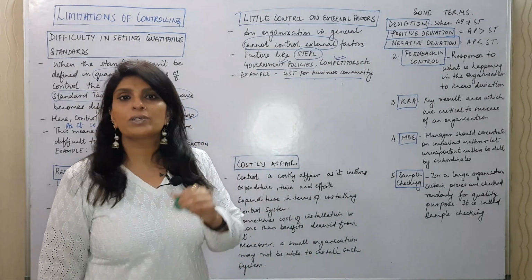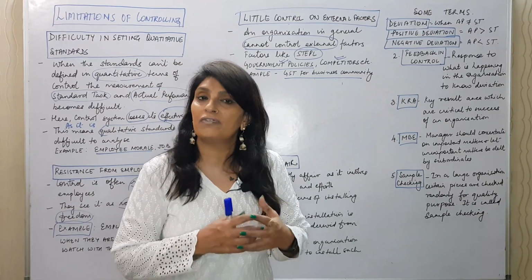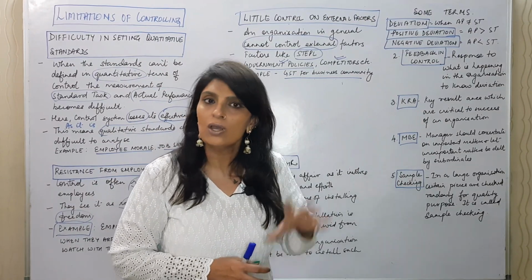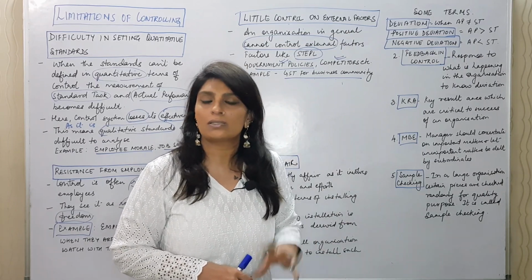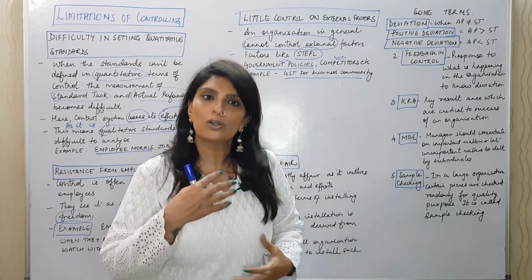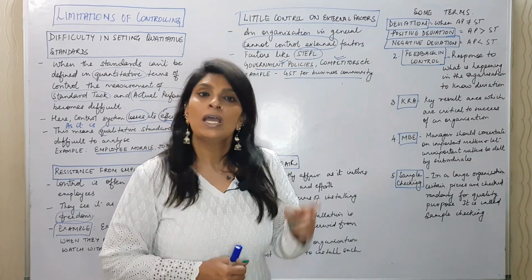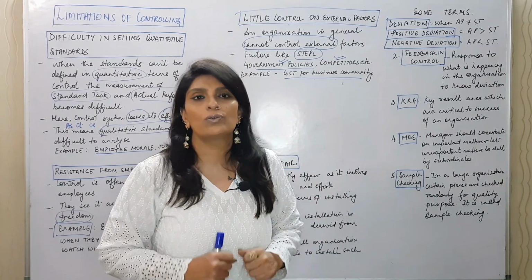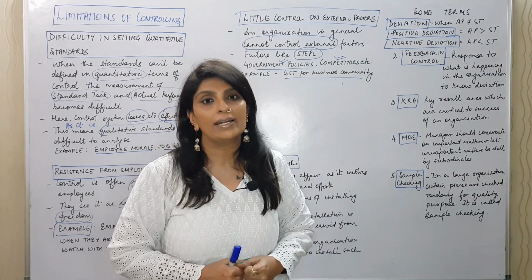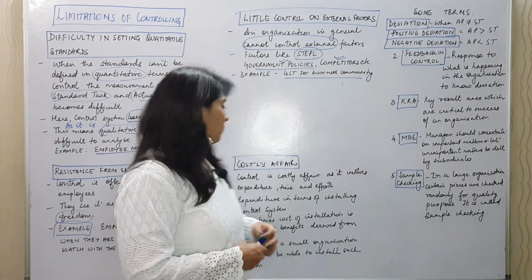Next we come to: controlling is a costly affair. See, sometimes installing a controlling system becomes a very humongous task for the organization, and the benefit derived from that particular task may not be equal to the cost put in. That time controlling becomes a costly affair. Small organizations also cannot afford installing a good control system, so that also poses a threat, and too much personal observation becomes difficult to carry on.